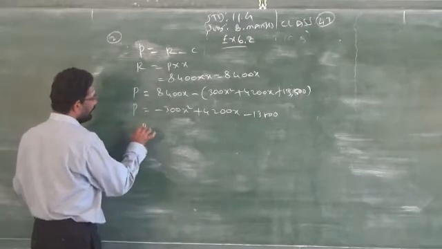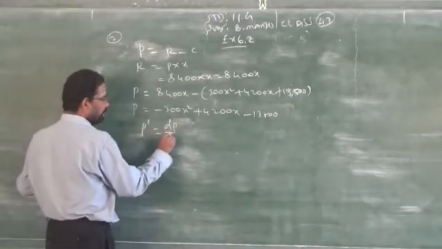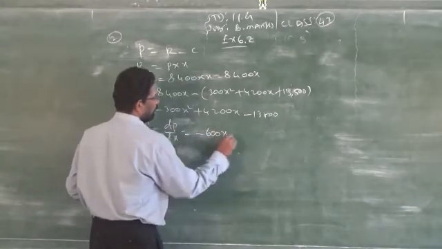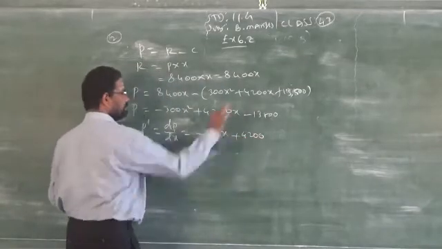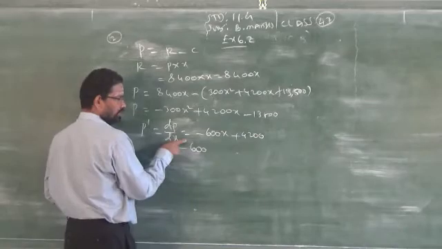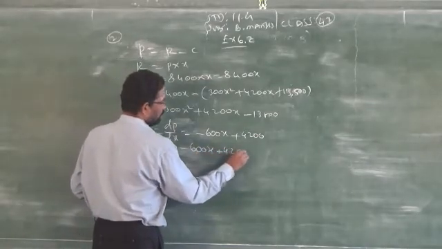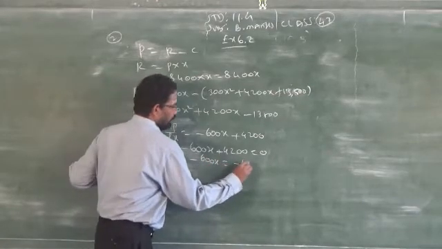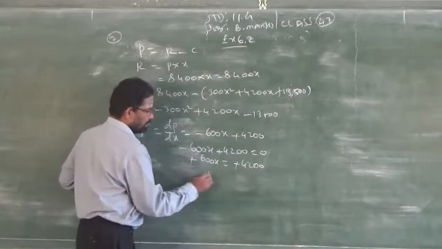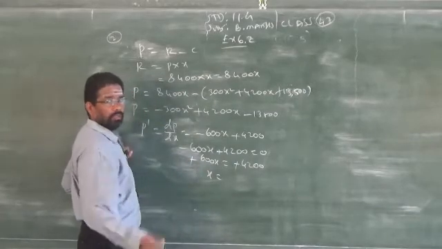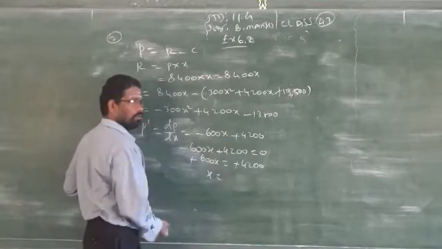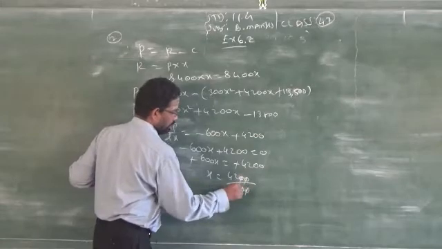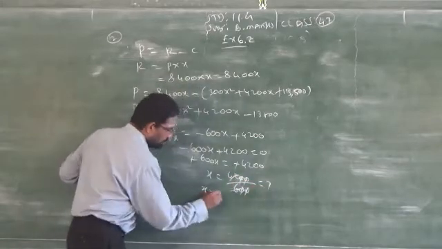Therefore, what is the rule? P dash, first order. You can write dP by dx also. Both are same. dP by dx is minus 600x plus 4,200. This becomes 0. So what is the rule? After finding the first order, you have to make that result equal to 0. From that you have to find out the value of x. Sometimes you have the quadratic format, and then you have to factorize. But here there is no quadratic format, so you can straight away divide by 600. You will get 6 7s are 42. I got only answer 7.